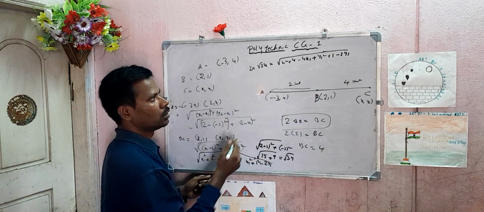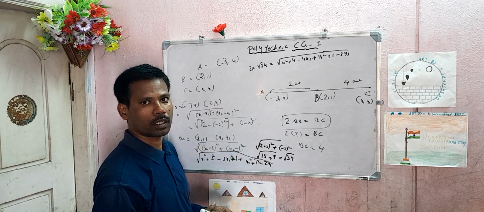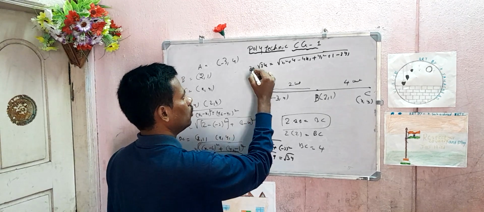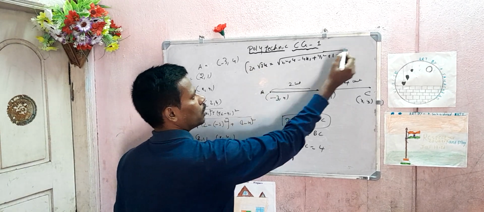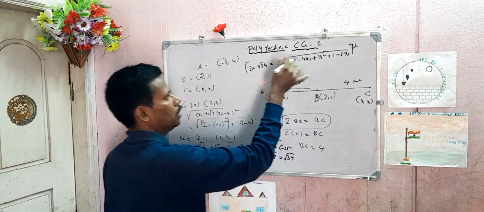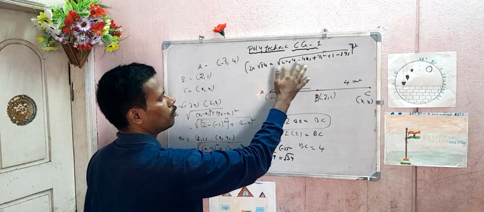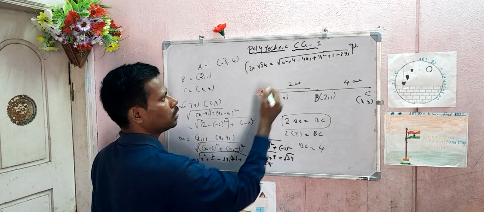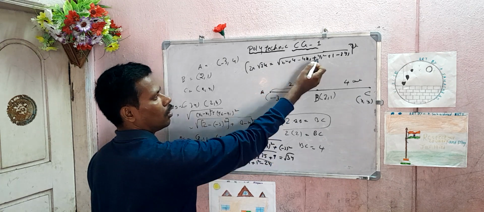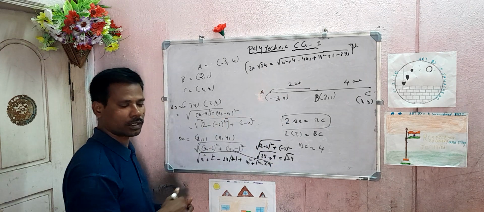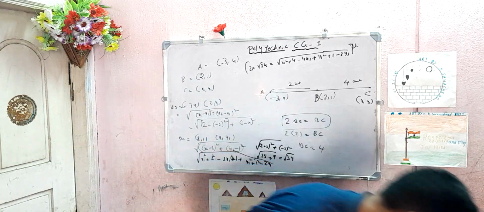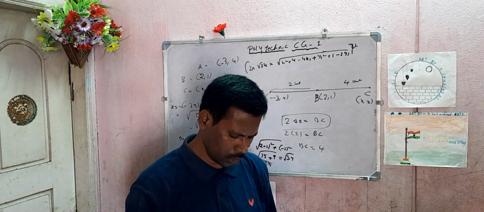Next, here we need to calculate x1 y1. 2 into root 34, squaring on both sides, you do some calculations here. Squaring on both sides you do, and bring all the numbers to one side. Here all x terms one side, all y terms one side you do, and the answer you will get, final answer is,